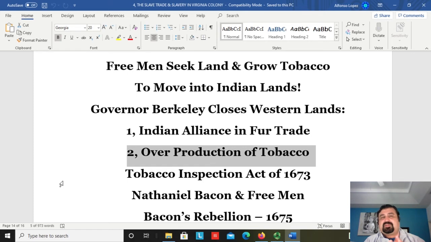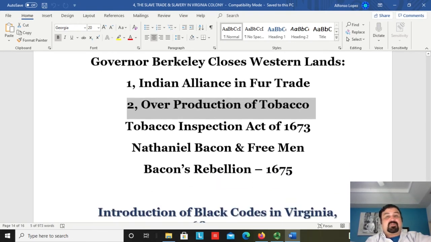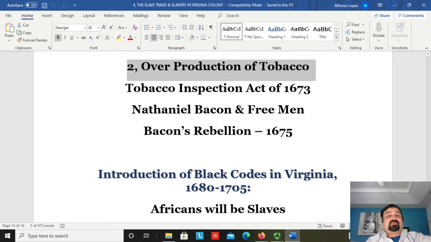in Europe. And so, since this is a tobacco company, if you just simply allow people to grow tobacco unrestricted, without any quotas, any limitations, again, this is going to flood the market. It will render the entire tobacco economy totally useless, in other words. It will be worthless. So this is another reason why Governor Berkeley will say no to occupying lands, because you're going to be growing